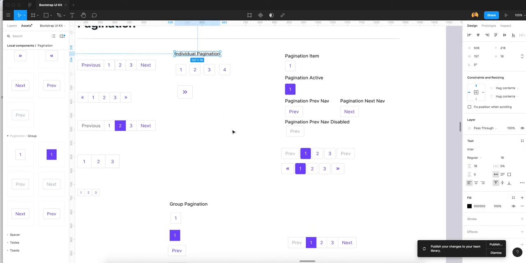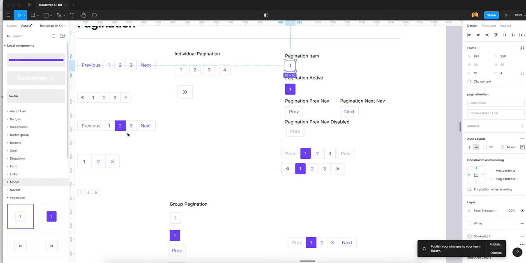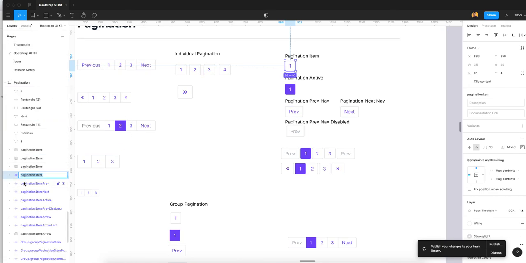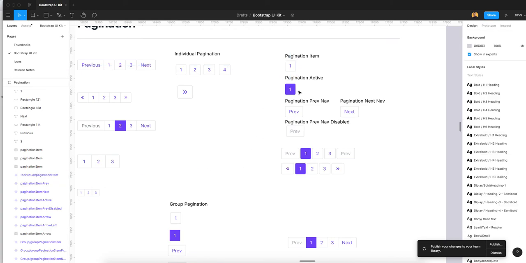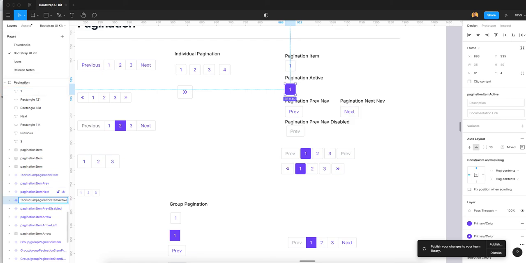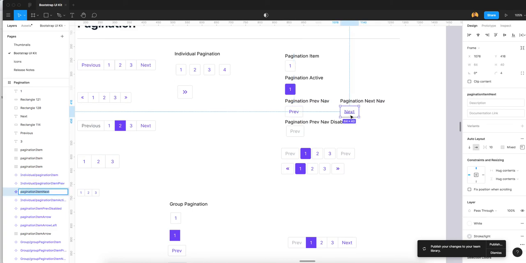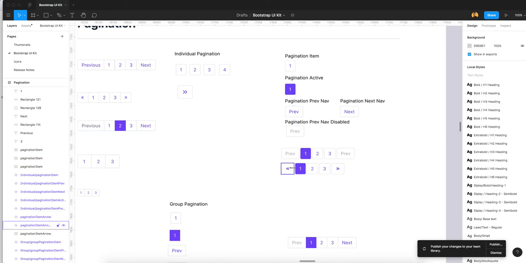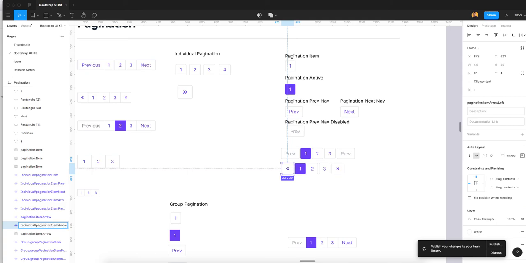So I will go here and select this first and go to layer, and I will give individual page item. Copy this, and each time I will give you name of pagination. Again we need the same name for our all element. Again we go here and individual. See, now this will be for also our arrow, and this will be also for our arrow features.